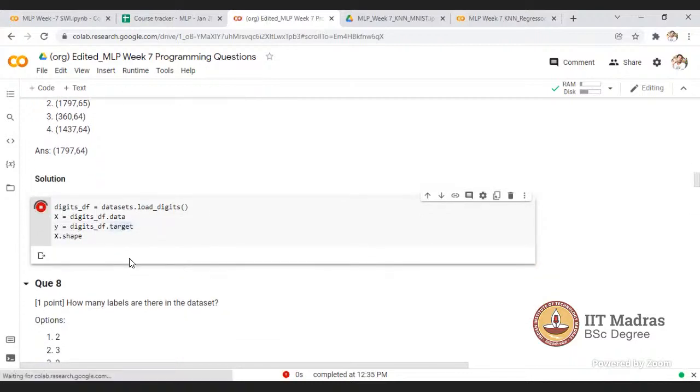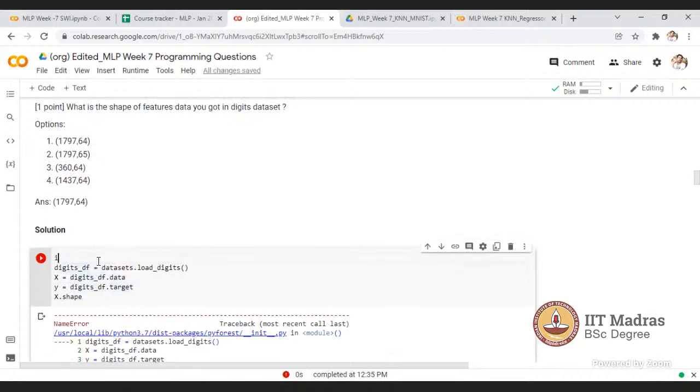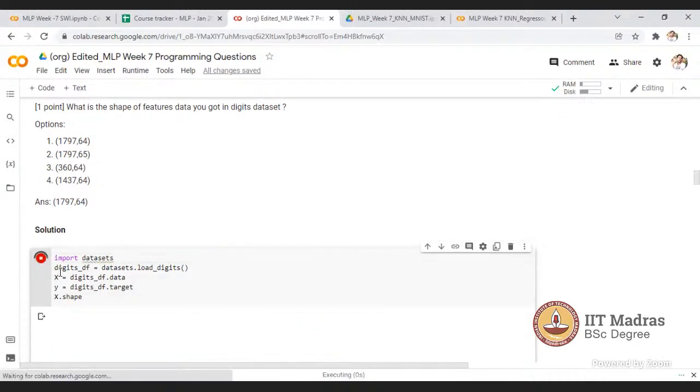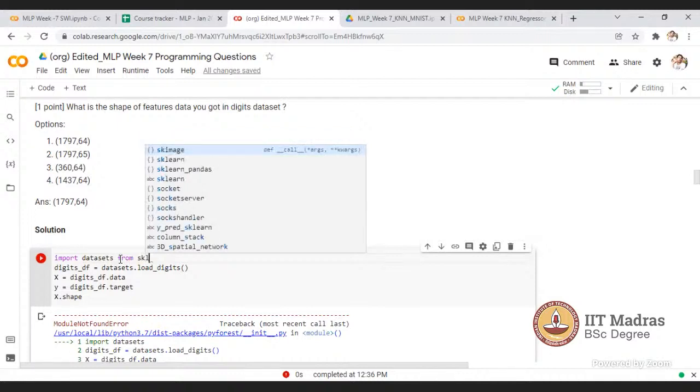So let's run this one. Data set is not defined. I need to import datasets from sklearn.